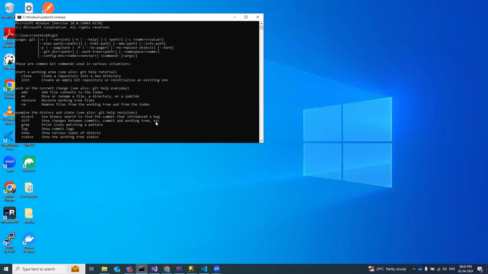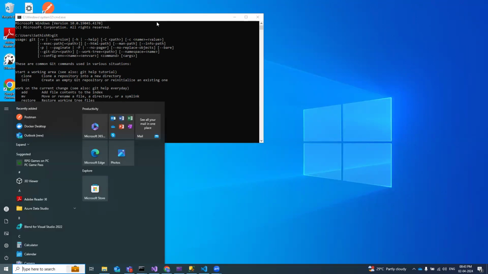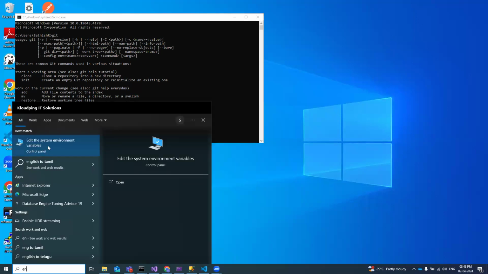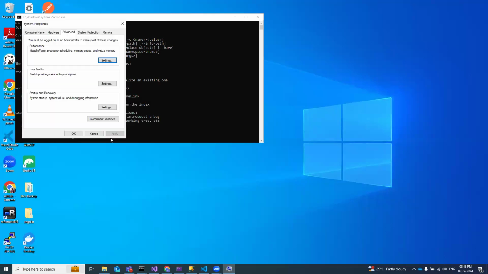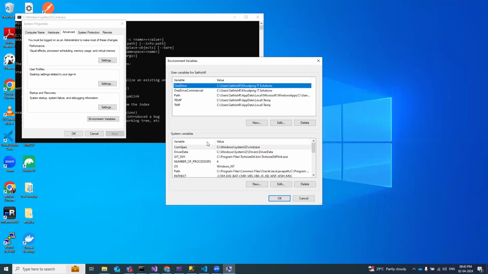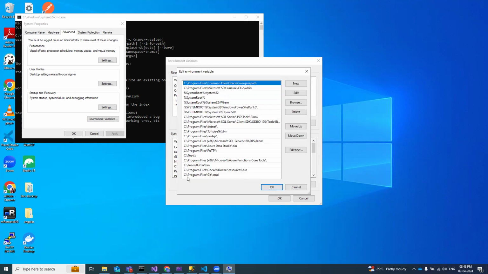How has this happened? Because when you install Git on your local machine, the reference path is added to your environment variables. So just type env, then environment variables, and then go to path, edit, where you can see the software we installed yesterday, installed under Program Files, Git and cmd, right? So this is the place where our